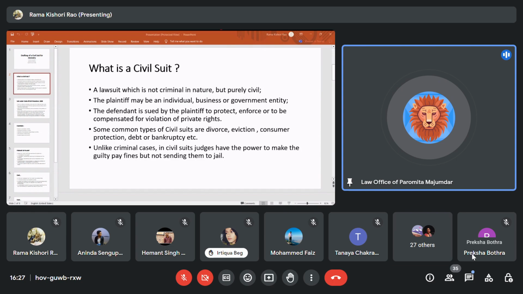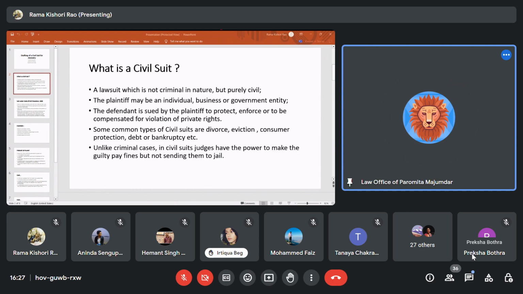I'm sure you must have heard about the word injunction, which is synonymous to the word stay order. For example, if somebody is having a doubt that his or her property is going to get affected if the defendant is not stopped from doing something which he is doing continuously, then he or she can file a suit for injunction. That means suit for a stay order. So that suit can be for permanent injunction also, so that the court passes an order to stop or restrict the defendant from doing something which he or she was doing, which is affecting the right of the plaintiff.